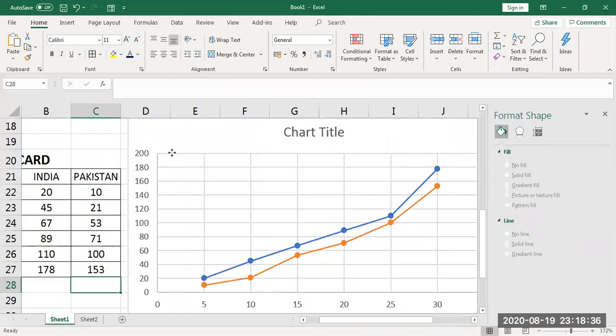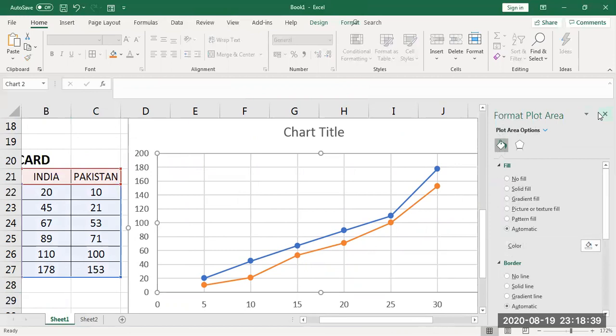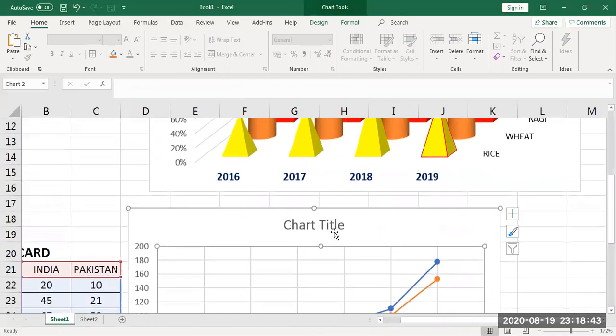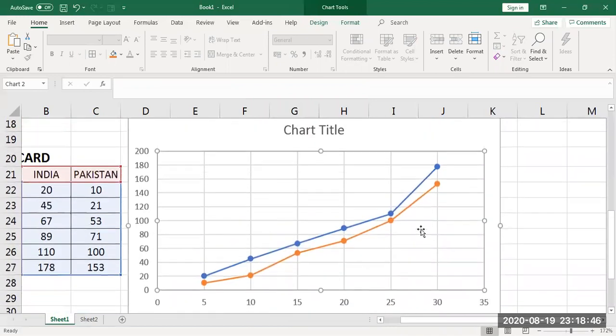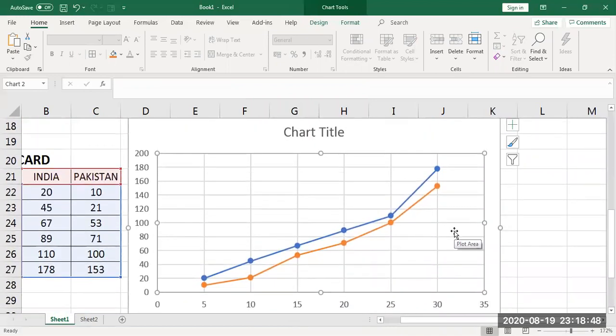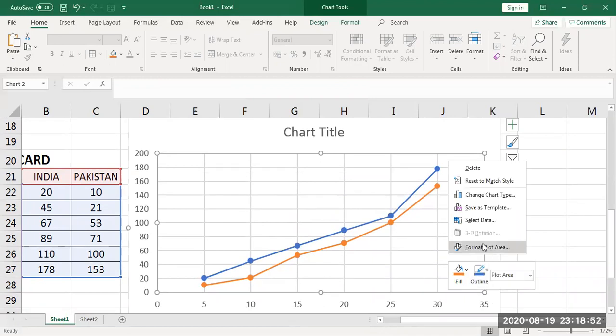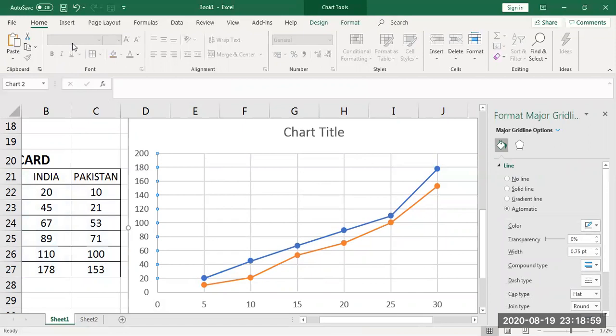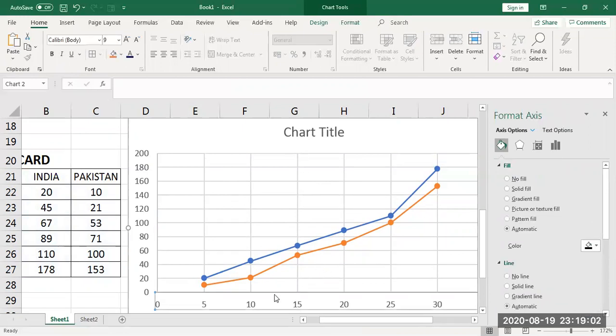Okay, so once again, like last time, I want to format the chart. After placing, every time it will select a different color. To format the chart, select it, right click, format plot area. So whatever format you want, you can select. I want a bolder color, so give a bolder color. This text color I want to increase. These values I want to increase also, you can do.